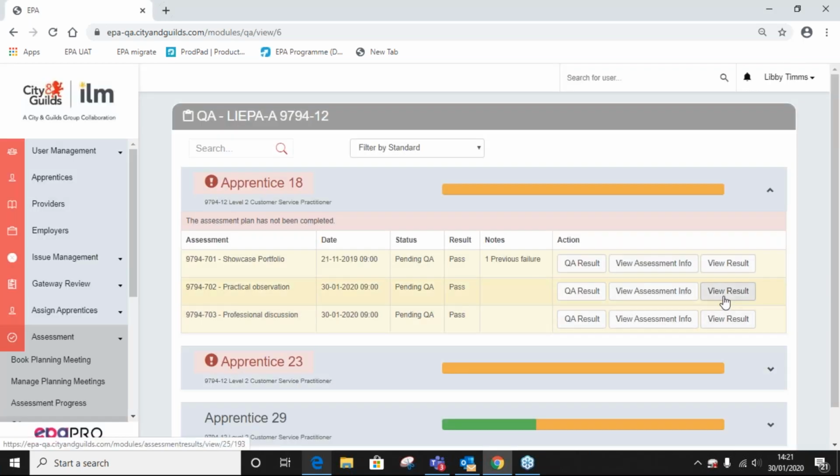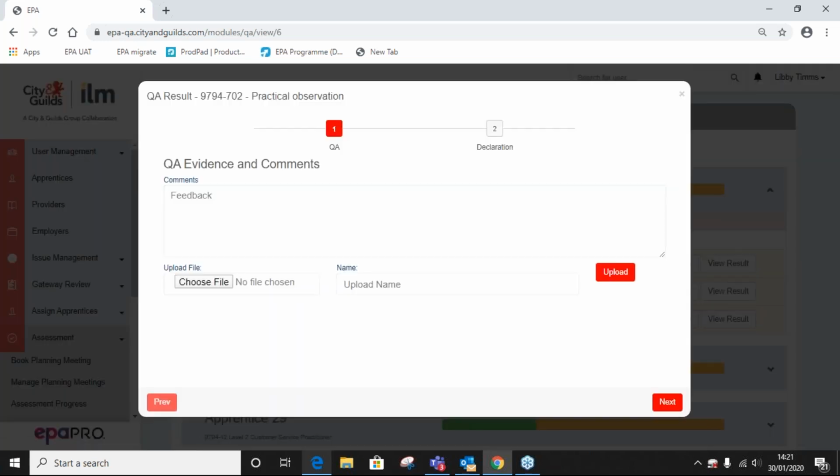So as a LIEPA, if I'm happy with that result and I'm going to QA the result as a pass, I simply go to the QA Result tab. Can I just say at one point, as I've already said, you would be looking at the information on EPA Pro. You'd also be using SharePoint to look at the information there, because some of the information that's relevant to the assessor would be stored on SharePoint. Sorry, that's absolutely fine. So if I just go back,